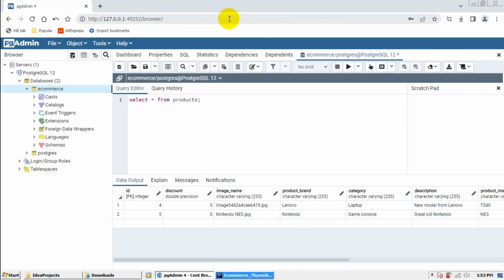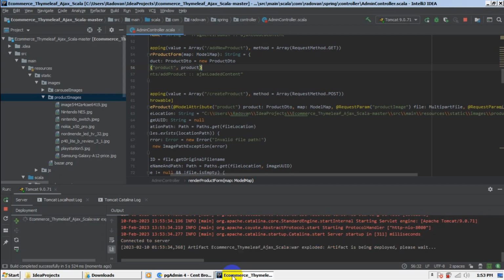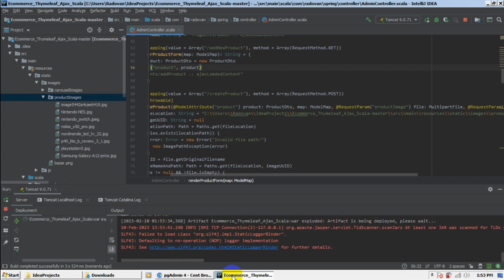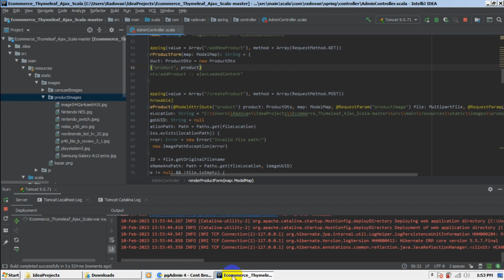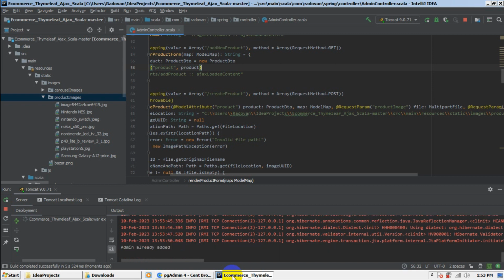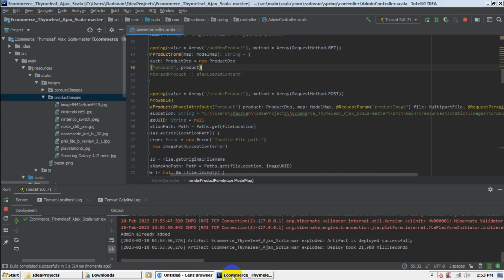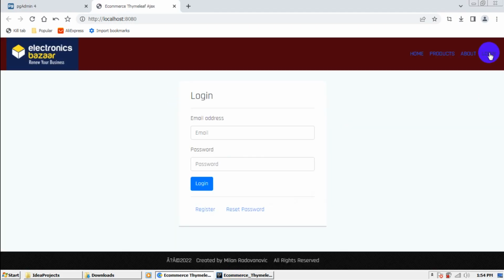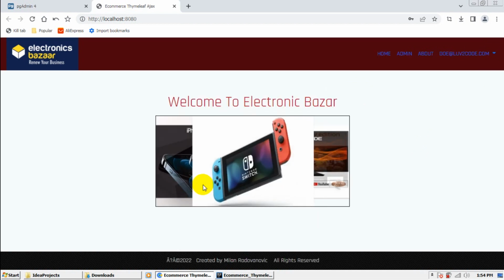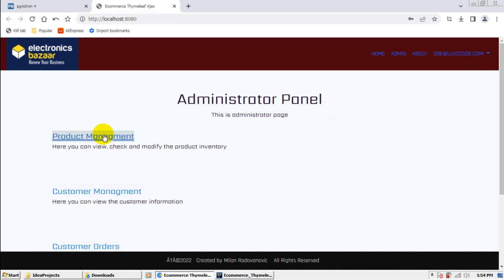I can close this tab here. That is the problem that we have. I just wanted to have images loaded without restarting the app. But I'm hoping that we will resolve it in the future. Okay, now we need to log in again in the application. Our admin will be logged in. Let's go to the admin, let's go to the product management,